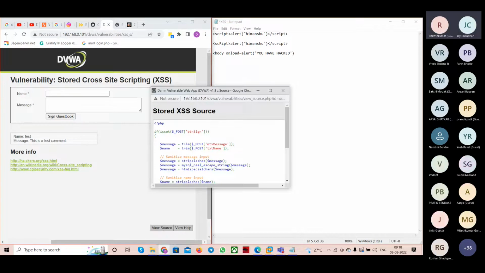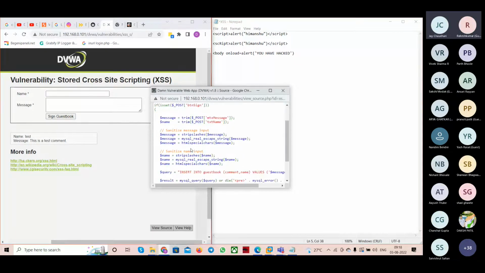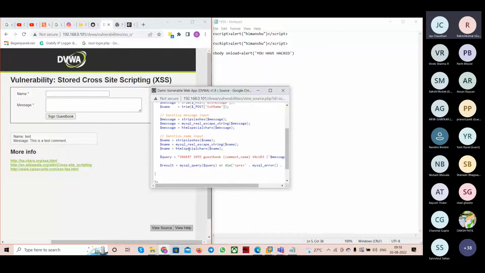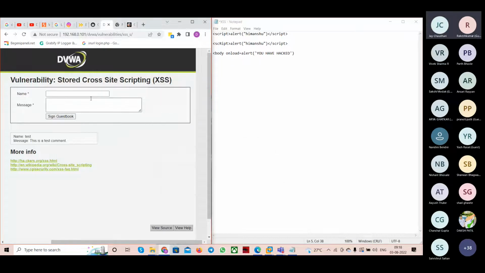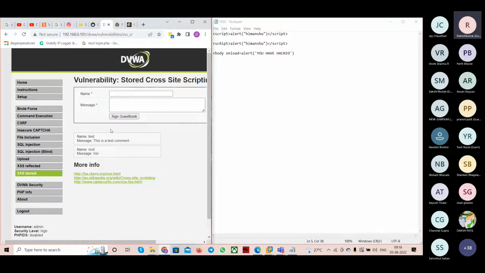यहाँ पे हम लोग इसका सोर्स कोड देखते हैं, तो यहाँ पे ये सारी चीजें मेंशंस हैं। ओके, कि यहाँ पे स्ट्रिंग फेसेस माइस्क्वेल एस्केप। ओके, सो वी विल सी दैट हाउ वी कैन सॉल्व दिस लैब। सो यहाँ पे अगर से मैं कुछ नाम डालता हूँ अपना रूट, और यहाँ पे मैसेज डालता हूँ, सो वी विल सी दैट हियर वी आर गेटिंग दैट थिंग। ओके, सो ये मैसेज मुझे क्या मिल रहा है, हाय एंड द नेम इज रूट एंड द मैसेज इज हाय। सो ये कहाँ पे स्टोर हो रहा है, इसीलिए मुझे मिल रहा है ना।